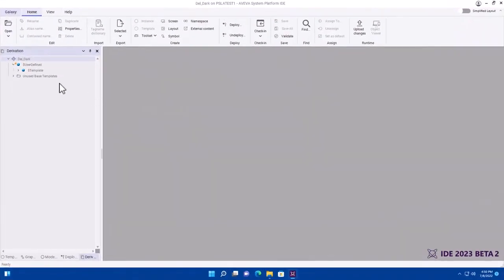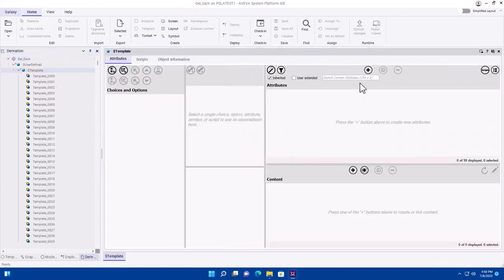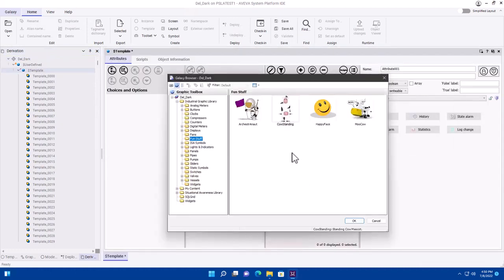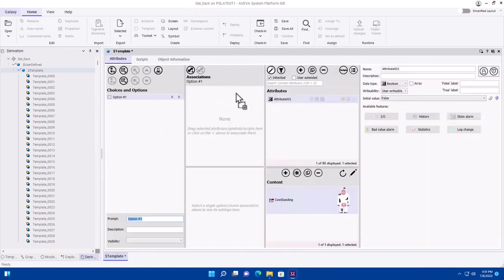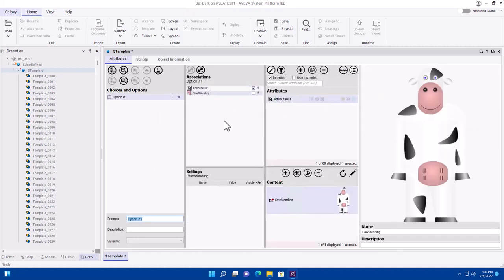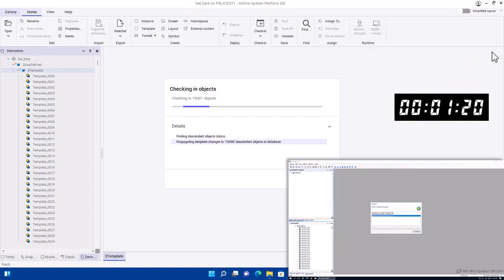Here we are inside the IDE of System Platform 2023, and you can see I've got about 10,000 instances of this template. I can open up this template, go and add an attribute, add a graphic to it. We can also add object wizards to that. I'm going to add an option there, and I assign the attribute and the graphic to that option. And then I'm going to check it in, and we're going to time how long it takes for that check-in to happen. Now, in the bottom right, I'm also going to put an older version of System Platform doing the